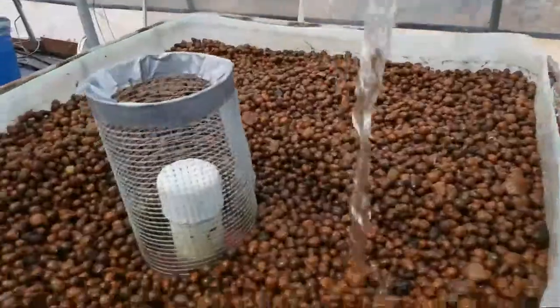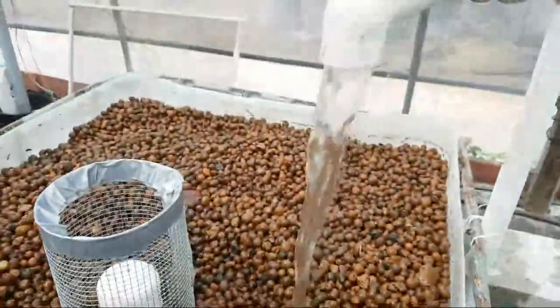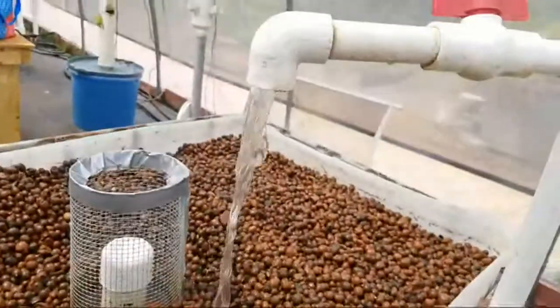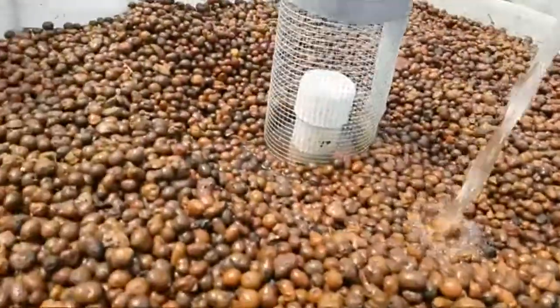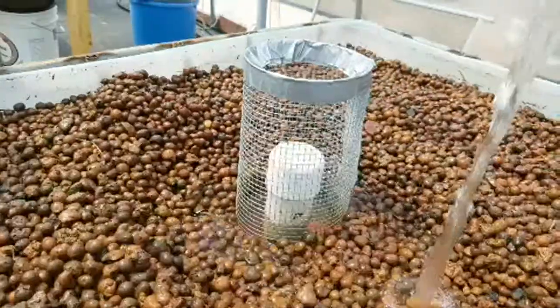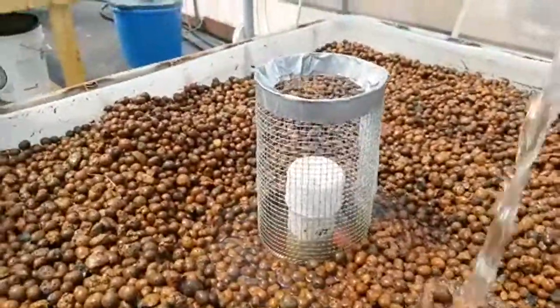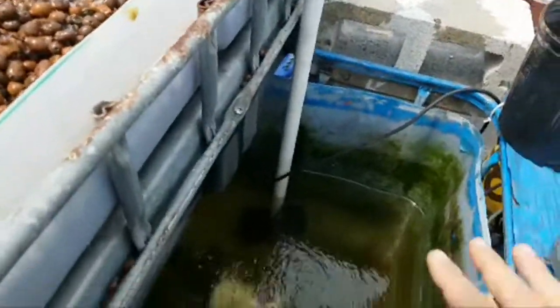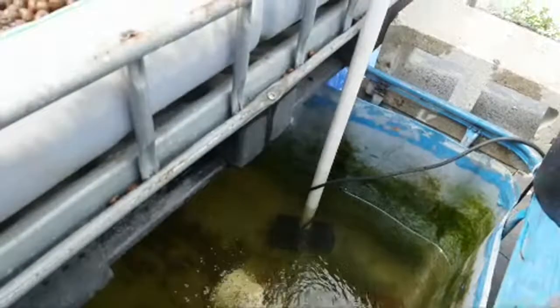Let's check this out. So we have maximum flow rate from the pump in the tilapia tank, and it shouldn't matter how deep the water here is either. That's not an issue. So it's because this rate is at max. According to the way this is working, we can never overfill this. It will not flood. So the theory we had before, that if you have too much water in here, you'll end up with too much water in here before the siphon starts, so we have to keep the levels low. No, we can make this deeper, which is good for the fish because it keeps